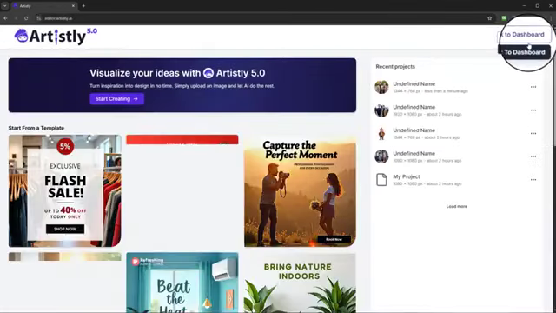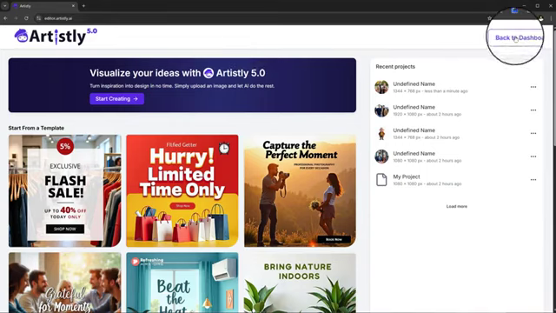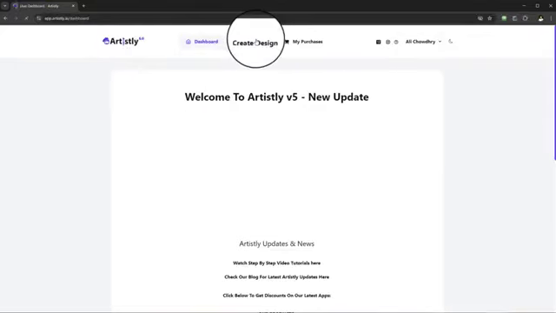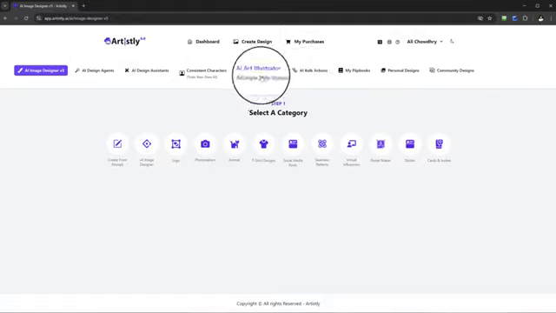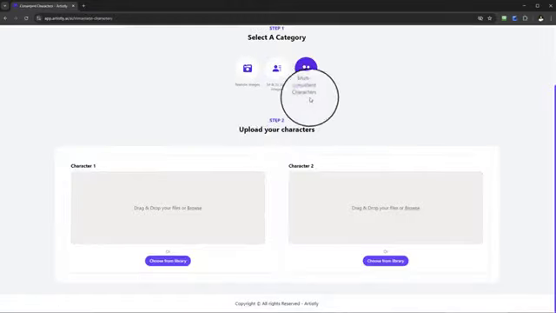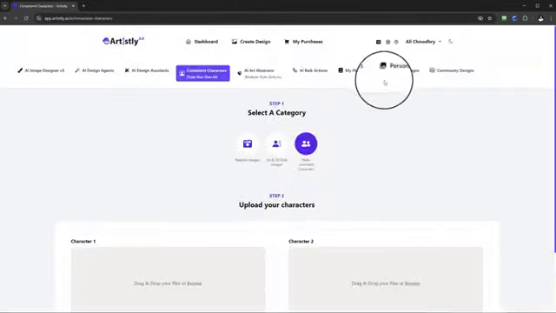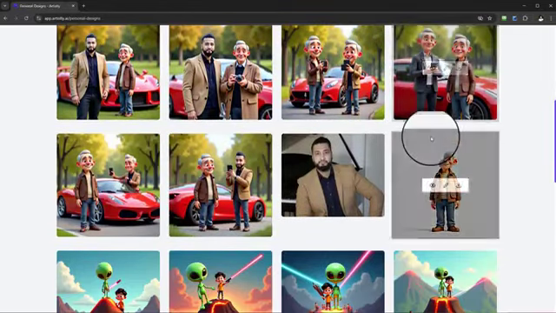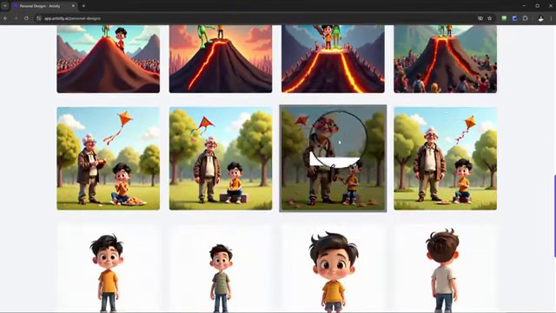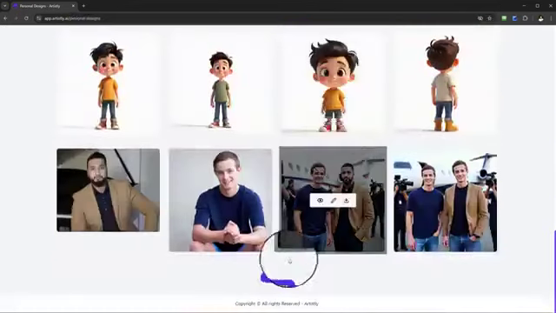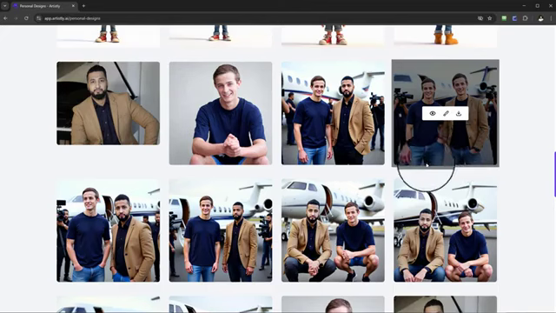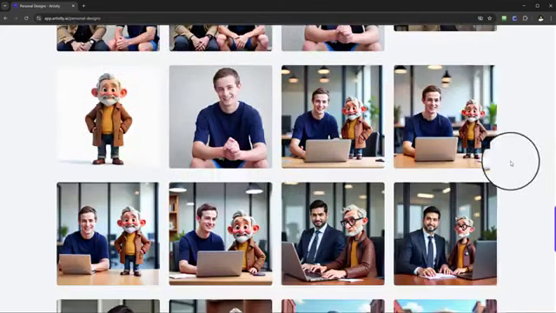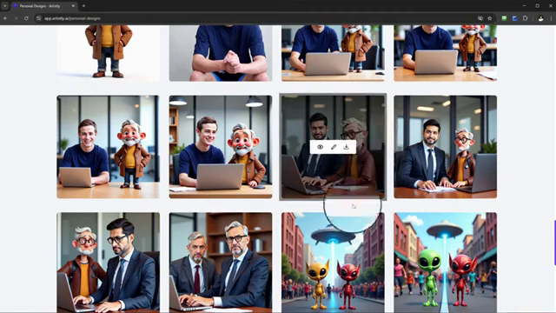Okay, so let's return now to the main dashboard. We go to create design, fast AI image designer, and those were the steps we took to create multiple consistent characters. It does work really well with Pixar style, but don't be afraid to get those consistent characters and try different variations and really refine it and train your own AI over time until you get really good results. Even something like this, even if I created a character in the suit with that cartoon,